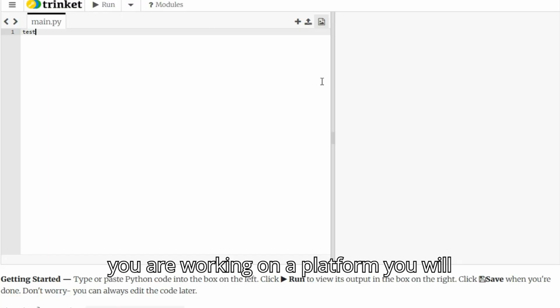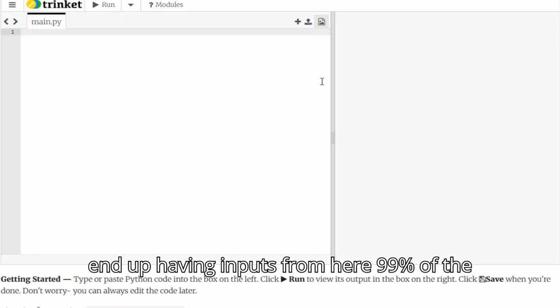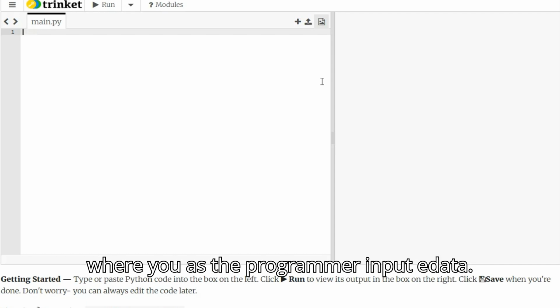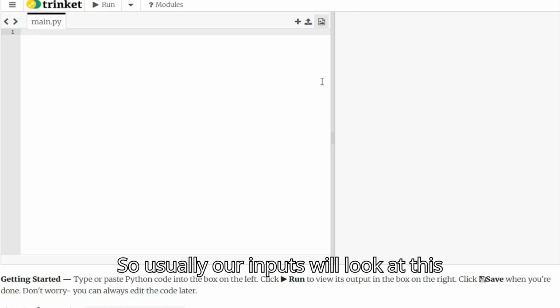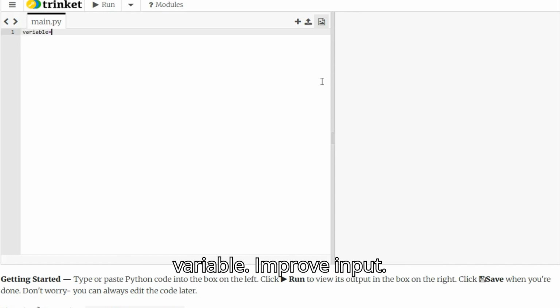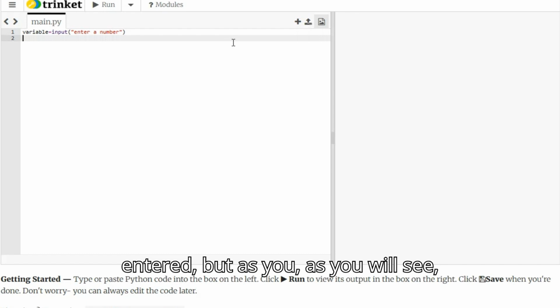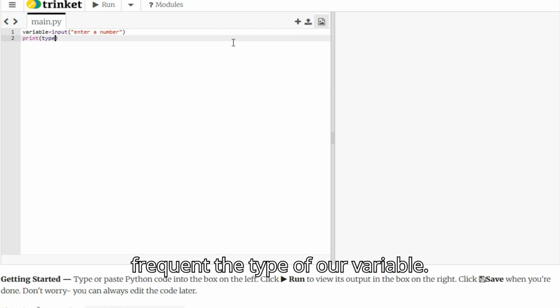When you are working in Python, you will end up having inputs from the user 99% of the time, unless you are creating a program where you, as the programmer, input the data. So usually our inputs will look like this: variable equals input and some message running to it, so "enter a number." Now, as you can see, we're asking for a number to be entered, but as you will see, if we print the type of our variable,